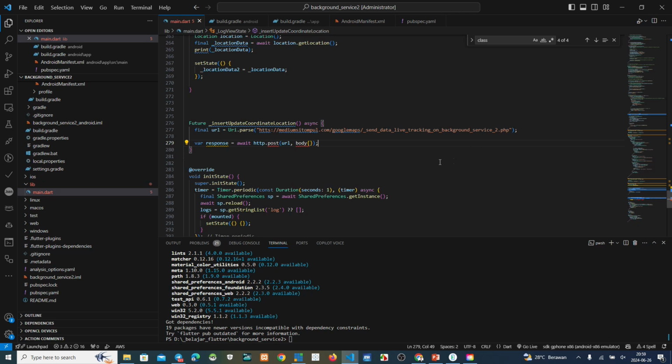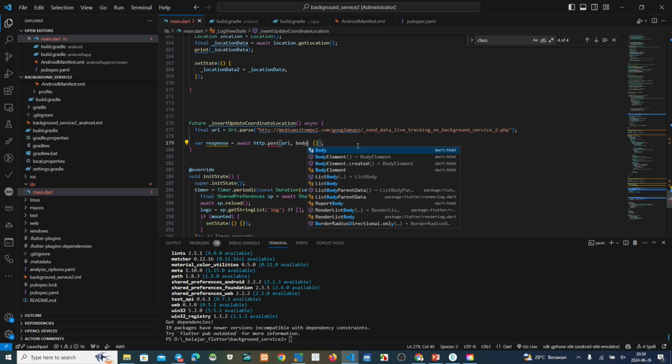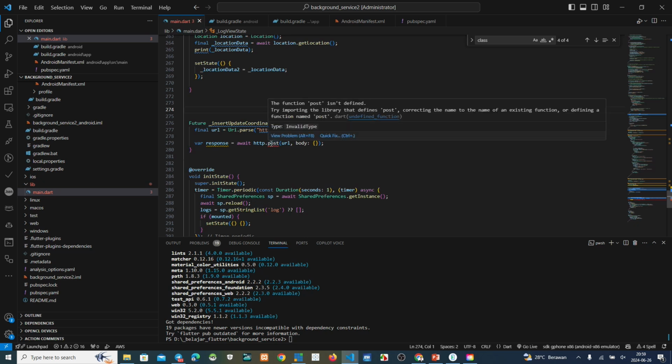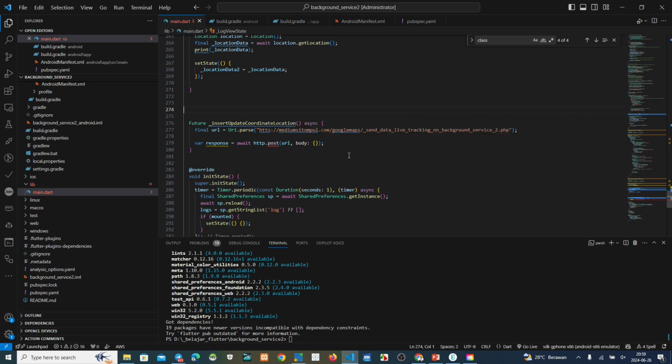Wait, http post this URL, undefined body here. Oh, yeah, this one, why is this still red? Post.